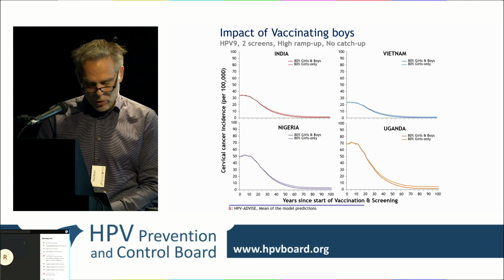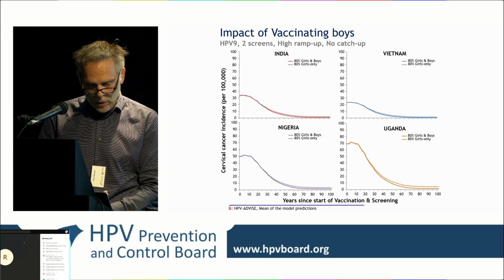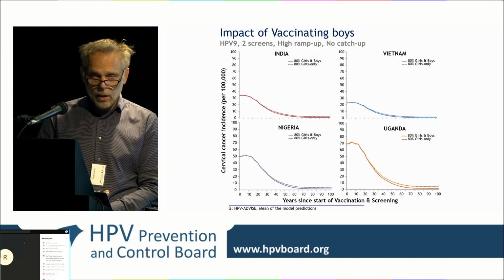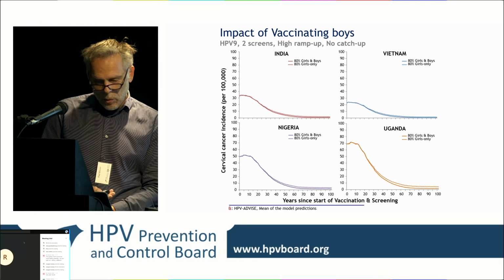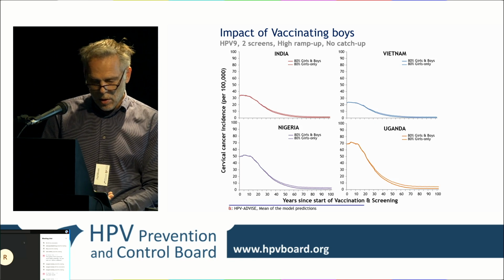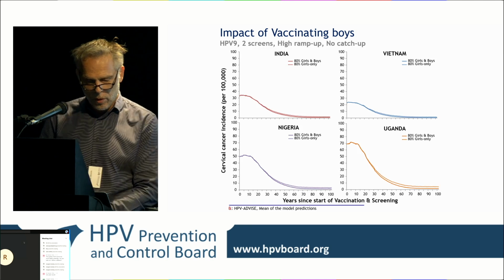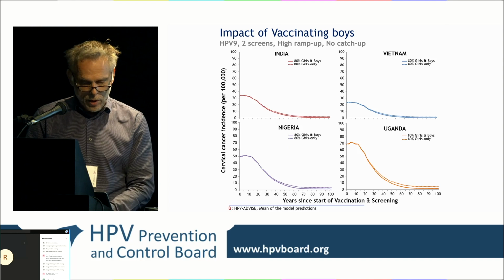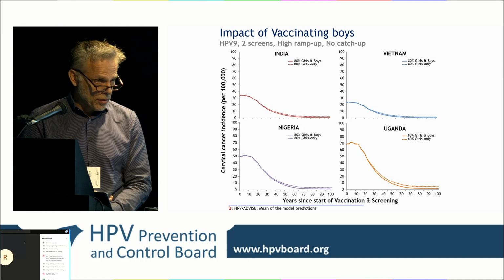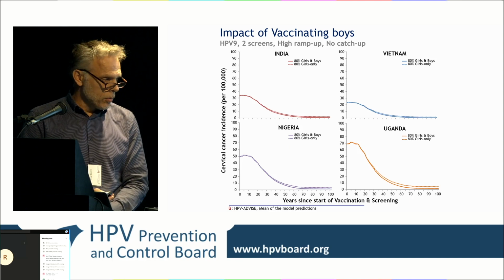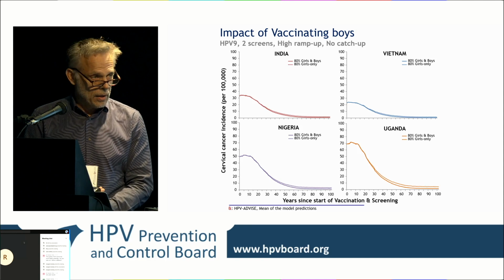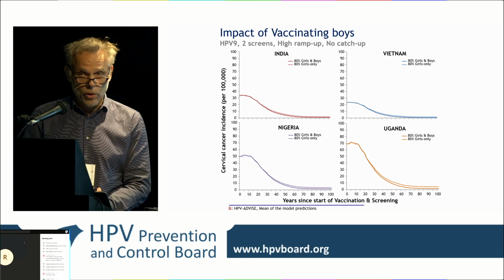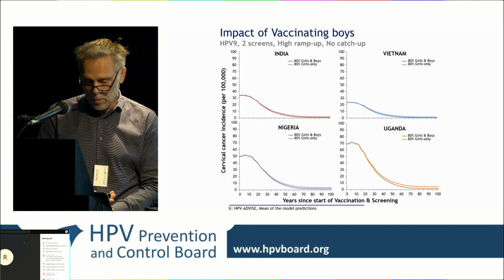So here we looked also at what adding boys would mean for the curves. And you can see a pattern that we saw yesterday when we added the older women: there will be marginal differences. These differences are bigger in countries with higher exposure, higher incidence at the beginning, than those with lower incidence. But it's very marginal, and it's hard to see the difference between the lines. So this was the reason why, in the end, after this sensitivity analysis, the decision was that the current recommendation of girls only would stand for the elimination.